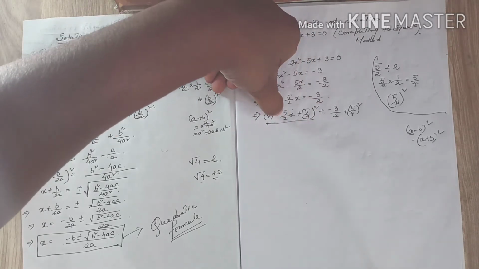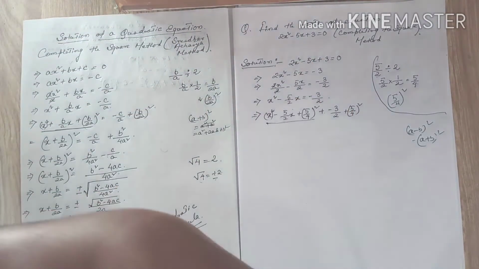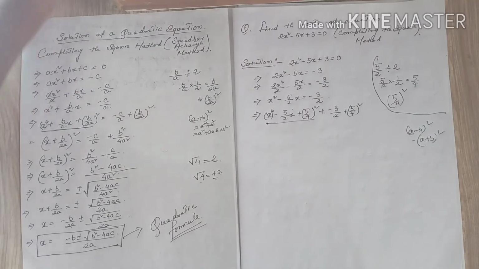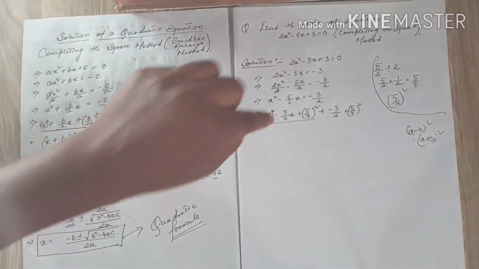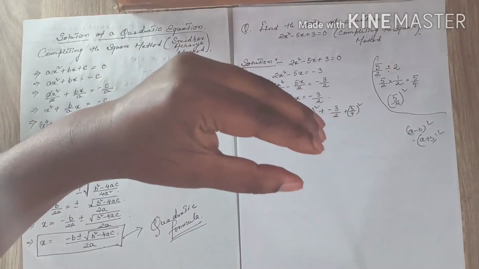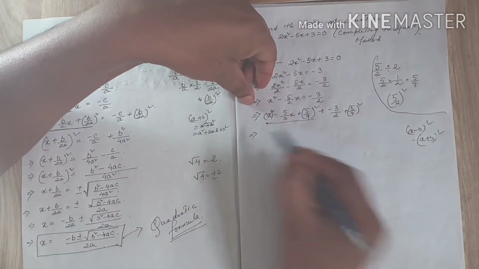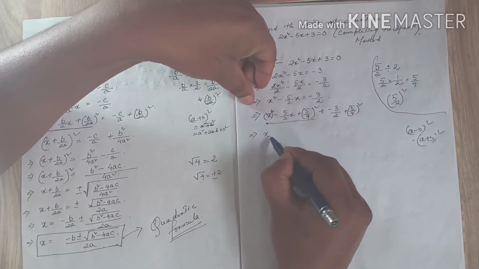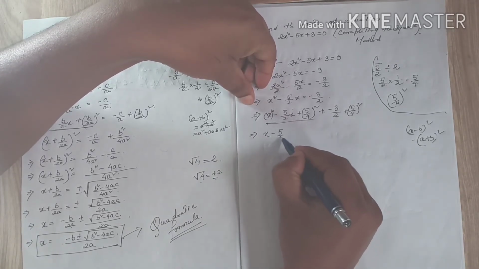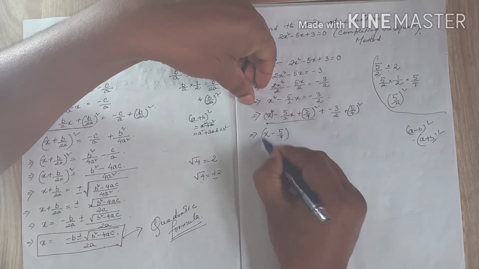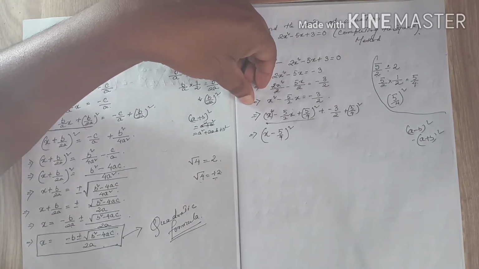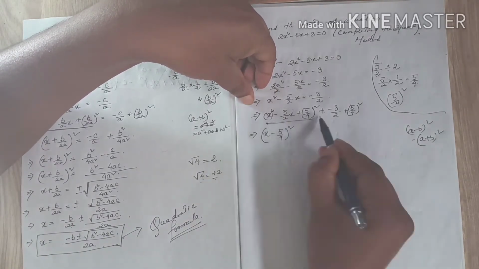And here a minus sign is there. Minus sign is there means which algebraic identity will it fit? A minus b whole square is equal to what? A square minus twice ab plus b square. So it fits the algebraic identity a minus b whole square. So here you can write a, what is a? A is x. What is b? b is 5/4. (a minus b) whole square. Correct? So if you expand this one, you will get this part only.